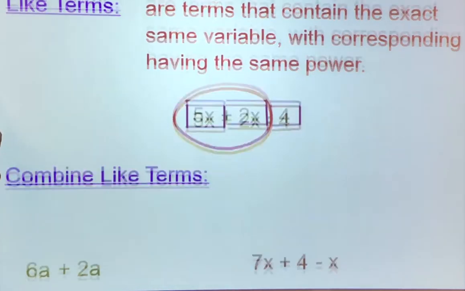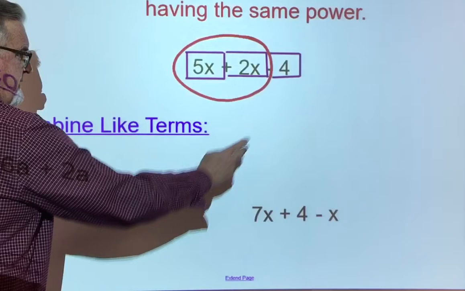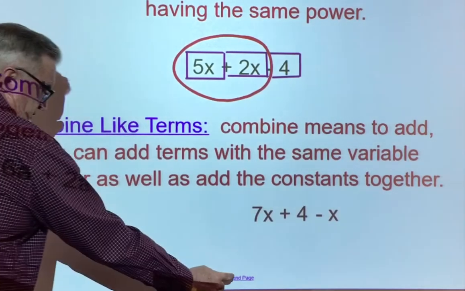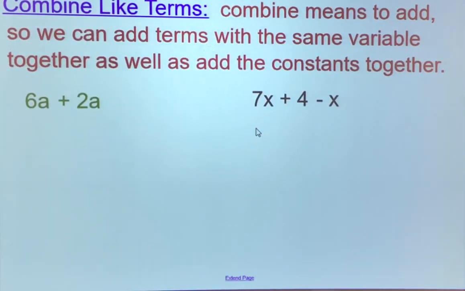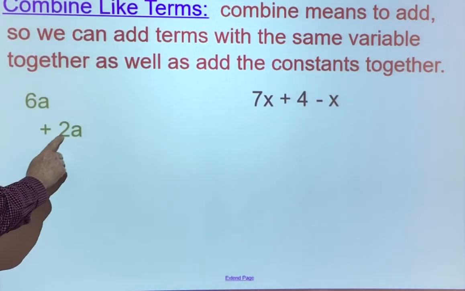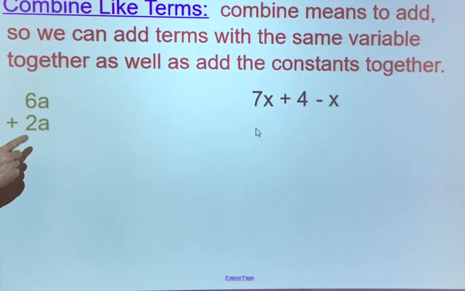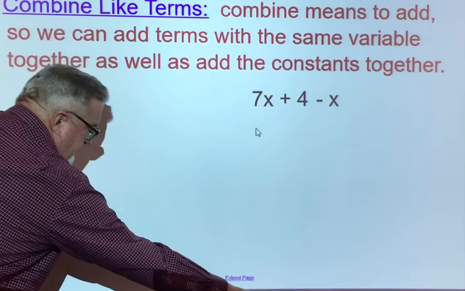So when we combine like terms, well, combine means to add. So we can add terms with the same variable together as well as the constants together. So let's take a look at these two that we have here, okay? I've got the expression 6a plus 2a. Well, those are both variable terms, and they are like terms because they have the exact same variable. So I can add these two together. And so it's basically, I've got 6 A's, and I'm going to add 2 A's to it, and that's going to give me a total of